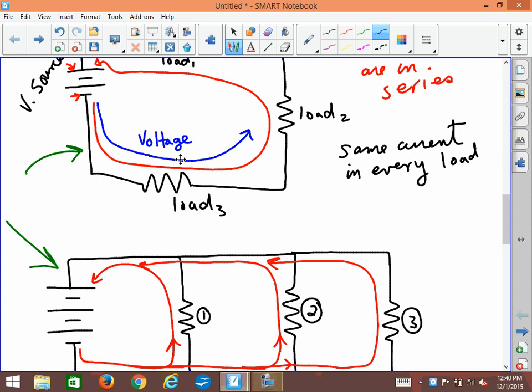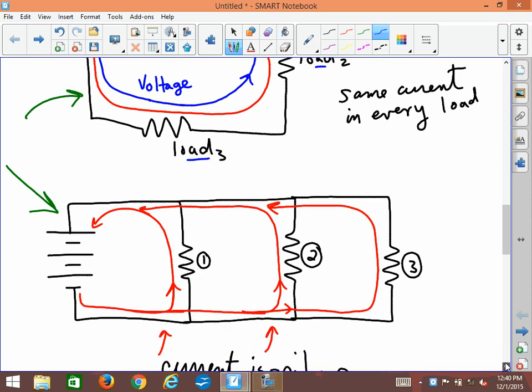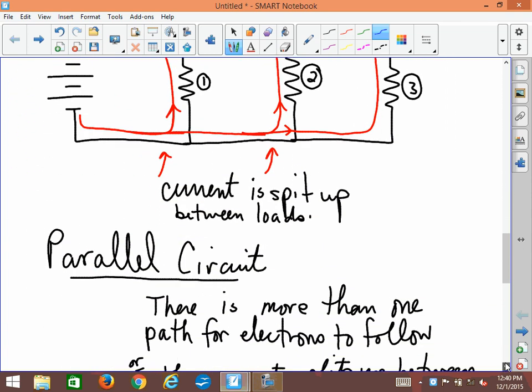Well, if you went up a little hill, like load number 3, afterwards you'd have a little less energy. And then if you went up another hill, like load number 2, your energy would keep getting sort of sucked away from you. So each of these loads represents a drop in your energy as you go through. Well, when you look at the parallel circuit,